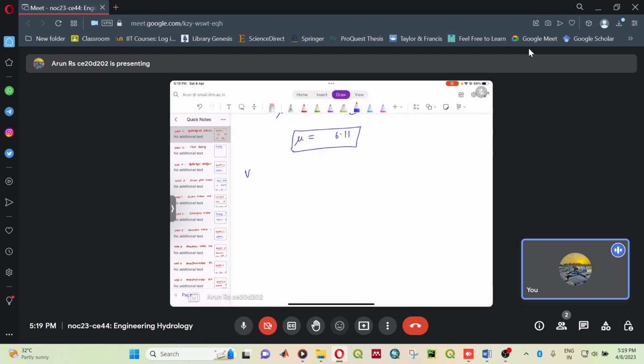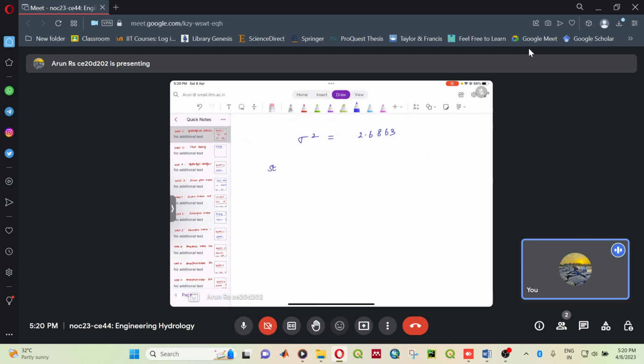Next we need to find the variance. So again we are going to integrate from 4 to 10, and x minus mu the whole square, so x minus 6.11 the whole square into alpha by x square dx. So if we simplify this, we'll get the variance as 2.6863,